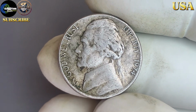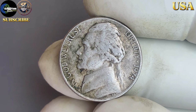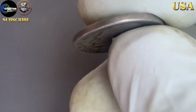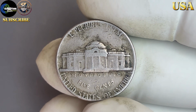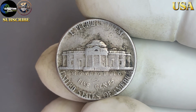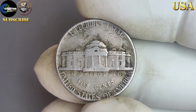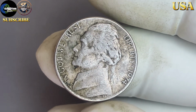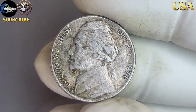The country was in the midst of political turbulence with the Watergate scandal unfolding, and the Vietnam War was nearing its conclusion. The economy was struggling with inflation, and yet, despite these challenges, the everyday flow of commerce continued. In pockets, cash registers, and banks across the nation, the Jefferson nickel remained a staple of everyday transactions. While most people viewed the 1974 Jefferson nickel as just another 5-cent piece, little did they know that certain variations and pristine examples of this coin would one day be worth a staggering